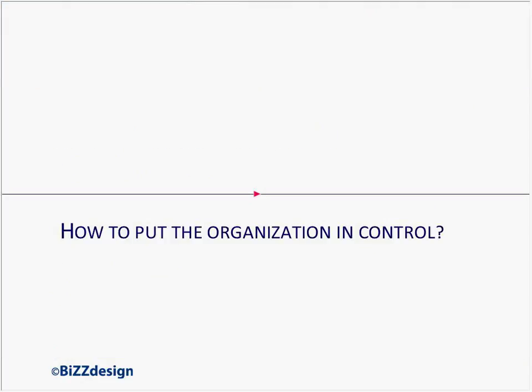Okay, but how to put the organization in control? Because now we have seen that it's important, but how can we align it with the business? I've seen in the Q&A window that's one of the questions being asked. So how can we put the organization in control? I also see a Q&A question about what infrastructure is from a definition point of view, and I would say, well, I've shown you a few examples, but